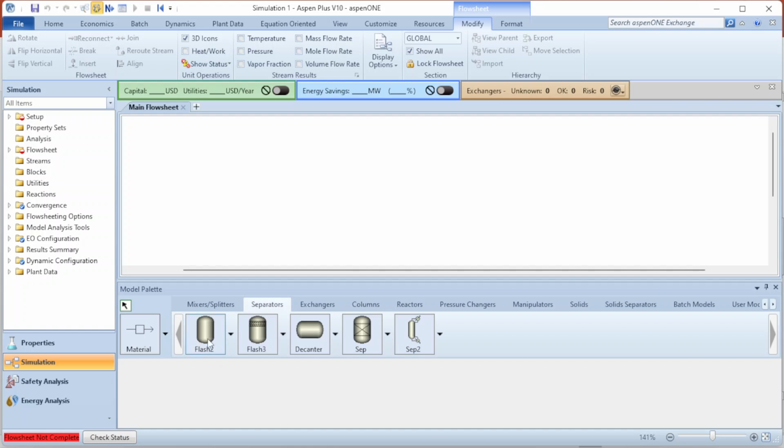So this Flash2 is used to separate a homogeneous mixture which is in vapor-liquid phase. It can do separation for you in vapor-liquid phase. Then the Flash3 can get 3 outlets, and it can be used as a flash drum which can work in vapor-liquid